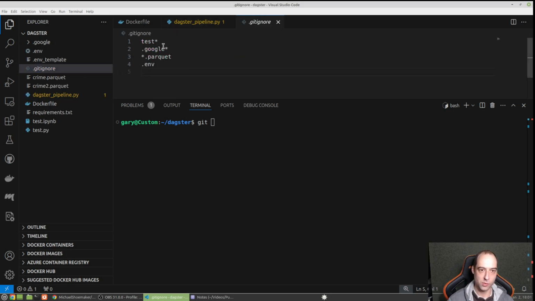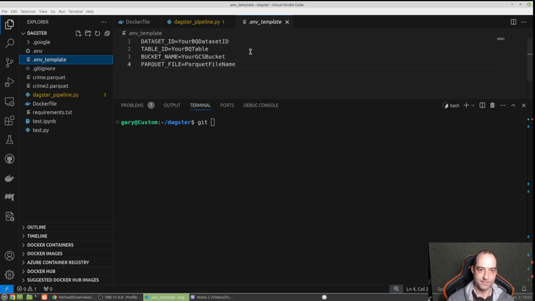You can use wildcards. Like here, I don't want any of the files that start with test. That was just researching errors I was doing. I don't want anything from the Google directory, any of my Parquet files, or my .env file. I didn't use an asterisk there because I do have an env template, and I would like that pushed. So I'm just going to git init,